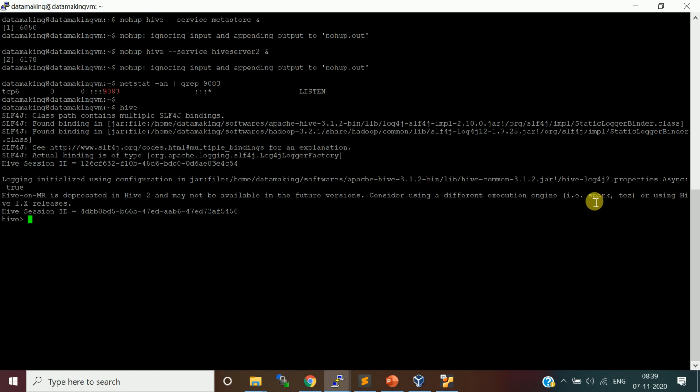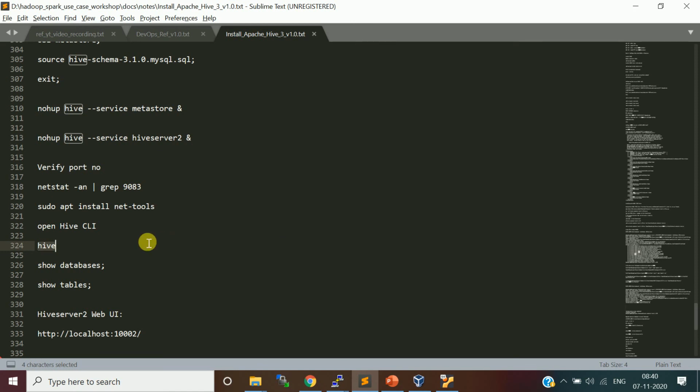They are suggesting to use the execution engine as Spark or Tez. So basically, you can write Hive queries here, and they will run on Spark or Tez based on the execution engine you choose. We'll use it in future videos, and I will tell you how to do that. Basically, you need to set the Hive execution engine as Tez or Spark. For now, we'll just go with the default one.